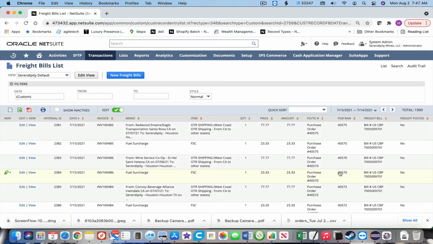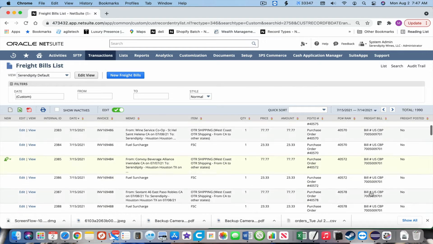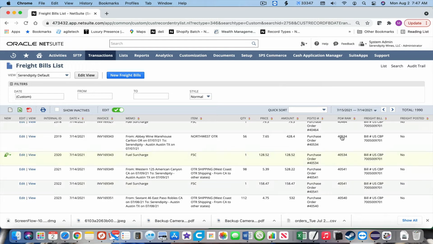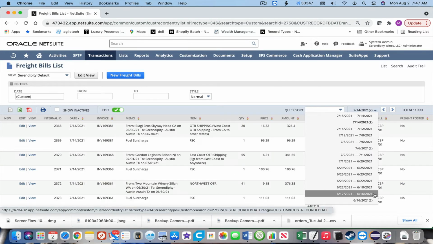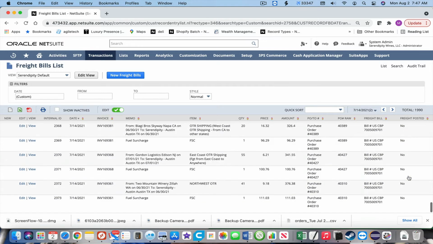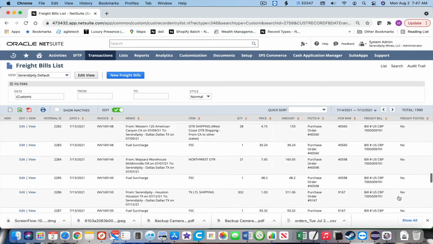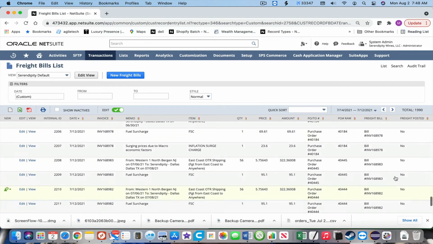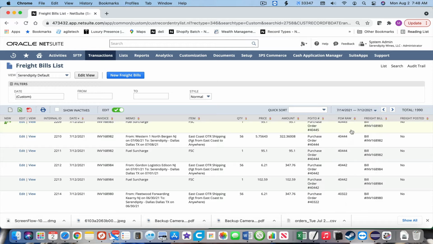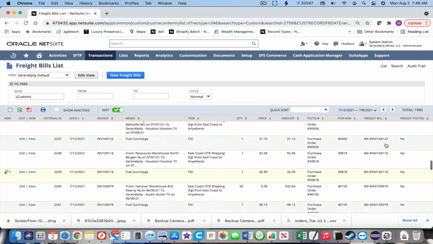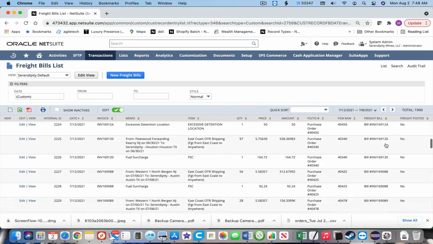It looks like it's done a pretty good job of this so far. We see all these bills that have been created. So looking good. Yeah, I see no blanks here. So I think we've pretty much, yeah,